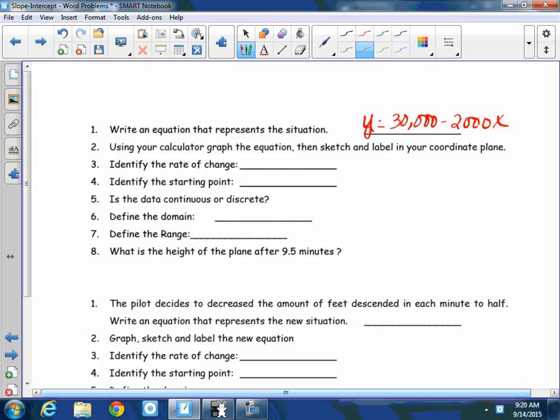Okay. So identify the rate of change. Negative 2,000. What about your starting point or your y-intercept? 30,000. Very good. Now it's continuous. Because there's half a minute. It's even 1/4 of a minute. There's even a fraction of a minute, right? There's even seconds in a minute. So yes, it's continuous. It's not discrete. Remember,